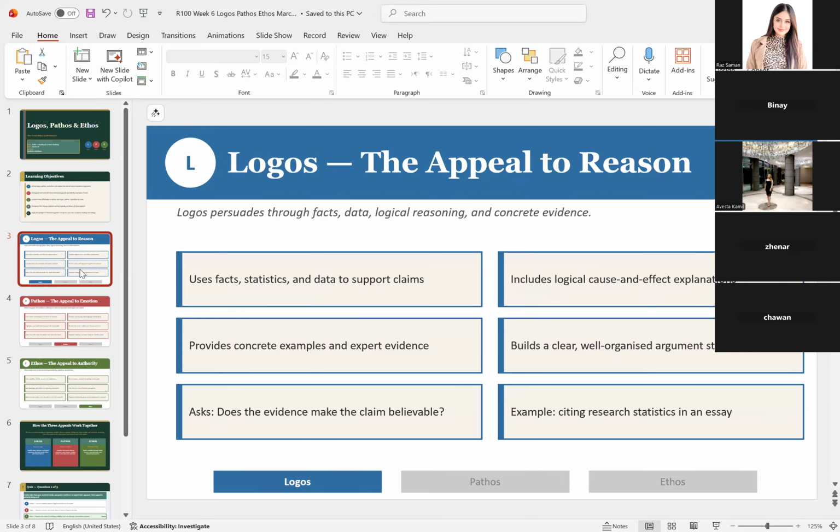Always having facts, having data, having logical reasoning, and concrete evidence. So when we are trying to persuade our reader or when we are writing something that we are arguing, we always use facts, statistics, and data. Okay. Why do we do this? Because it makes our argument legitimate. It shows people that we have done the research and that something is not simply coming out of our minds, but we've actually looked at what is the existing research to support our stance. Okay. So logos is something that should be easy for you guys to know since you've done that a lot in both the reading class and the writing class.